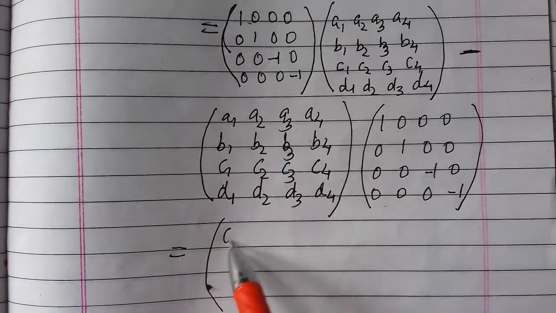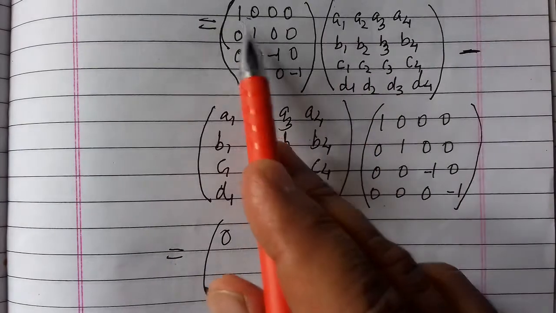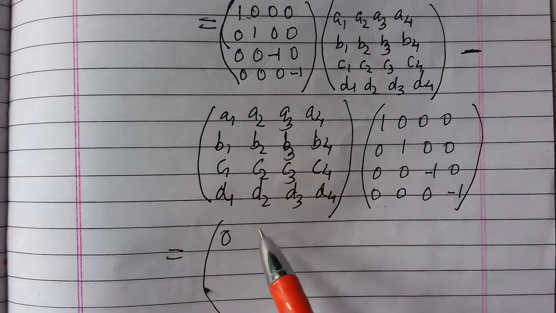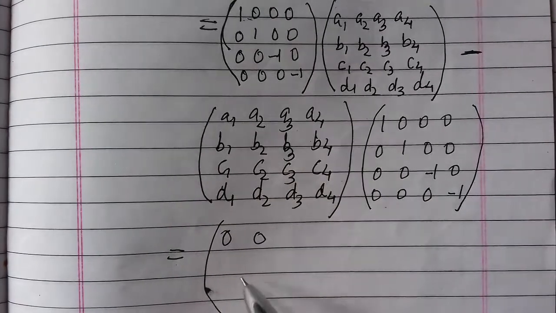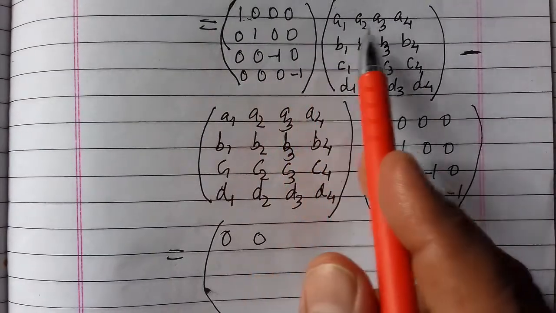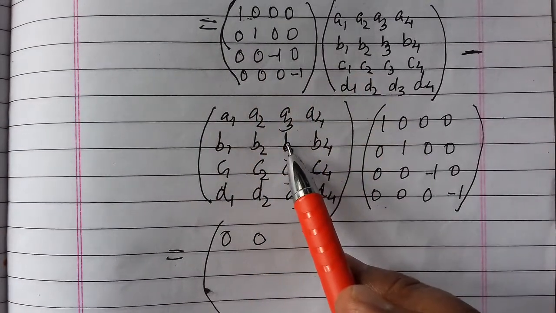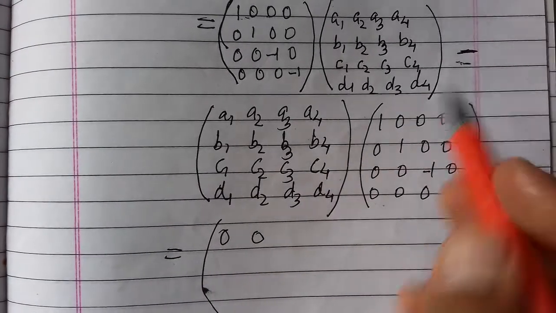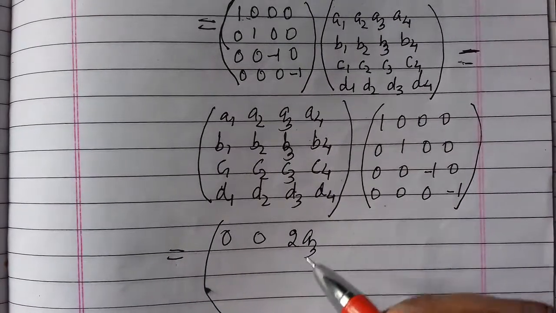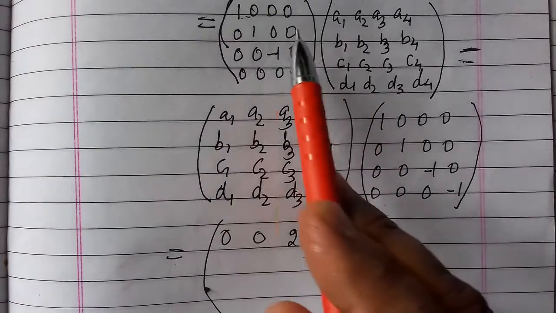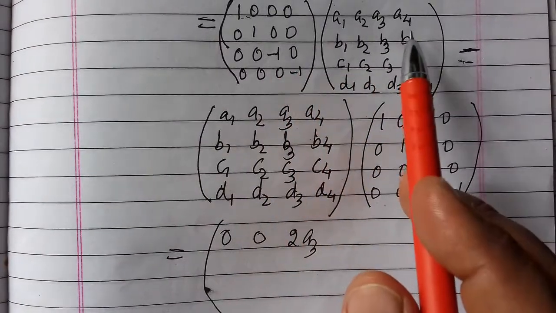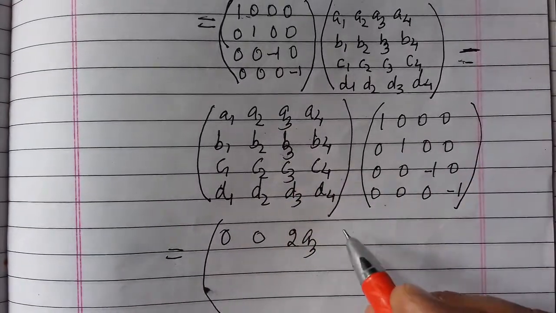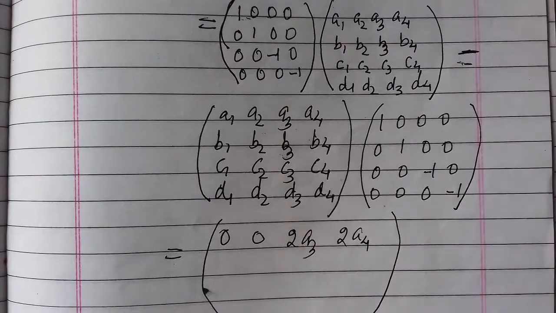And from here you will get a1. So a1 minus a1 is 0, and the second entry will be a2, and from here you will have a2. So a2 minus a2 is again a 0, and the next, third, will be a3, and here will be minus a3. So a3 minus a3, but here is also a minus sign, so here will be 2a3, and the fourth will be a4, and here the fourth will be minus a4, and here is a minus sign, so here will be 2a4 again.